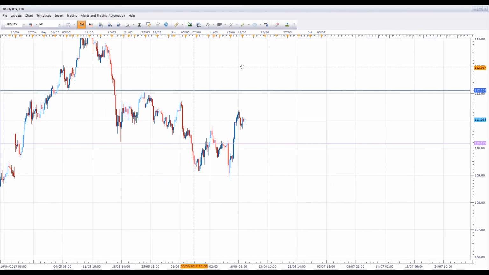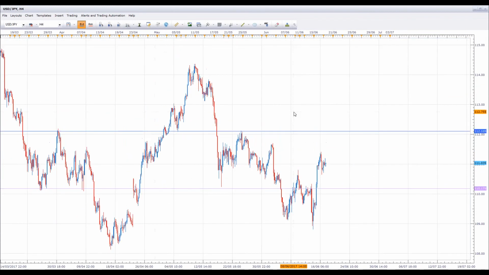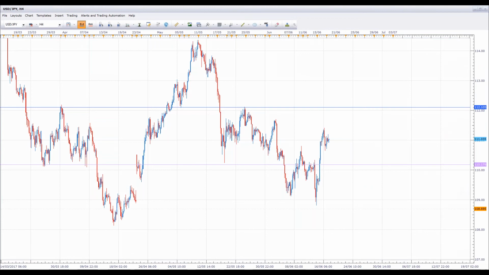Now, the US dollar Japanese yen, if we scroll back out and we look at the bigger picture here, we can see that we have a gap over here that we were looking to be filled. We spoke about it a number of times in the previous forecasts. I'm not sure if we spoke about it in the Portex webinars, but I think we might have done. But certainly the weekly forecast that we do, it has come down and it has closed this gap over here now. And what we've seen is in the US dollar Japanese yen, we saw a breakout of this accumulation zone